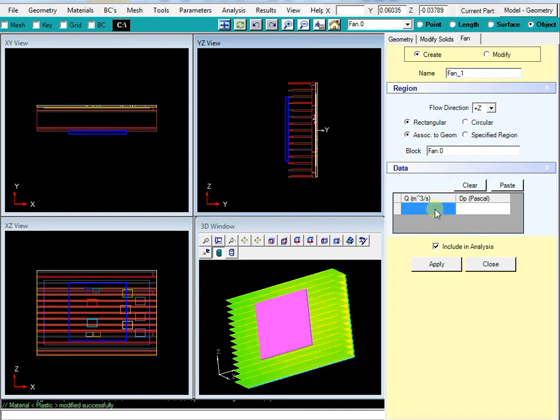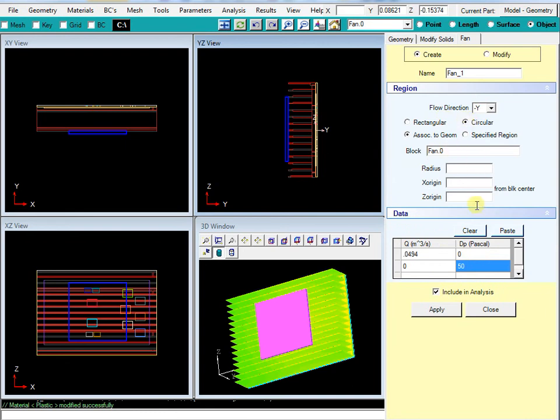And now we have a fan curve. So for pressure 0, we'll have a pressure drop of 0.0494, and then for 0 flow rate, say a pressure drop of 50 Pascal. And then the flow direction is going to be in the Y minus direction, because we just want to blow it down this way. Okay, and